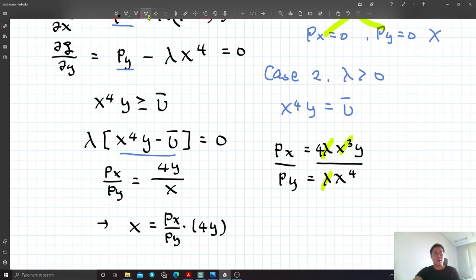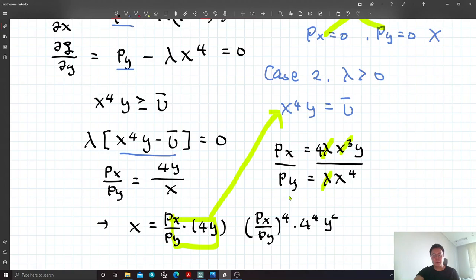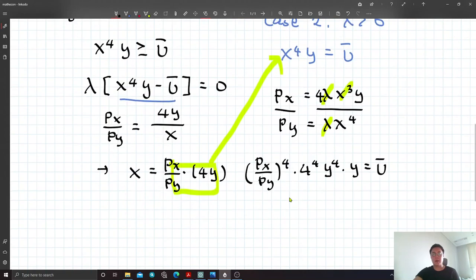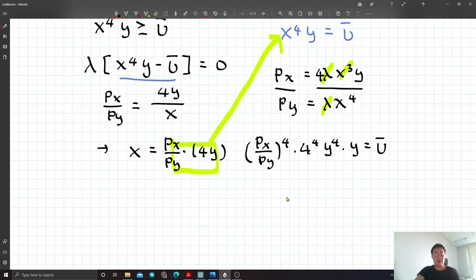Okay, and then substituting this into this binding constraint, I'm going to obtain one equation for y. So px over py to the power 4th and 4 to the power 4th, y to the power 4th, and times y. That is u bar, the target utility. So solving for y, I obtain y to the power 4th is